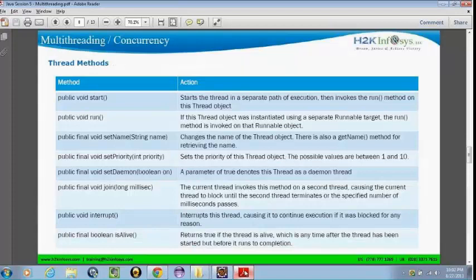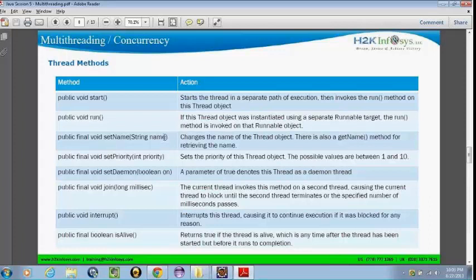And folks, we have the priority that can be assigned to the thread on a scale from 1 to 10, 1 being the lowest priority and 10 being the highest. We can use the setPriority method to set the priority and getPriority to get the priority of a specific thread.